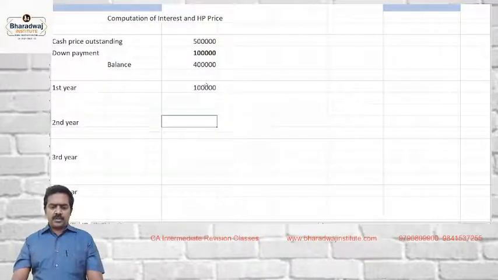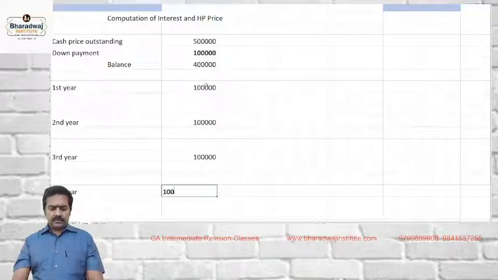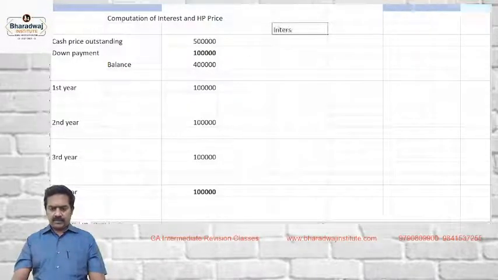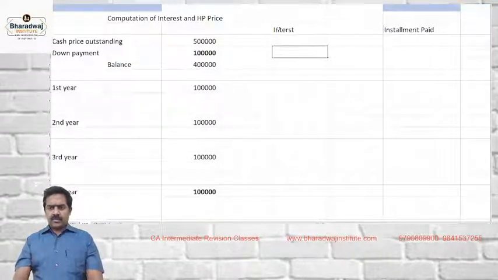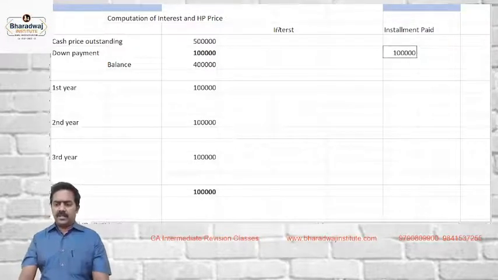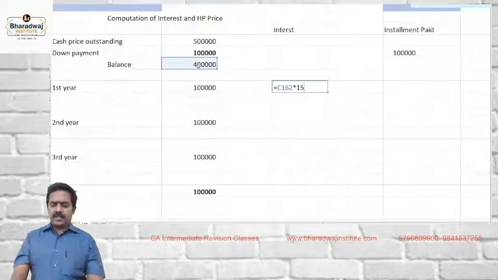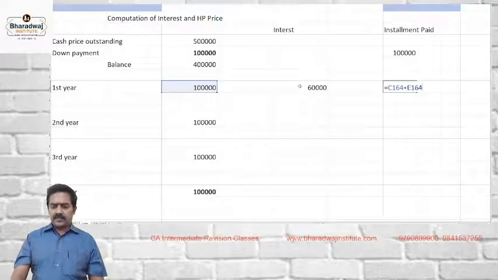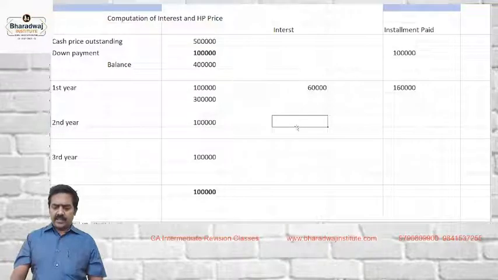So principal, let us assume that it is equal amount, 1 lakh, 1 lakh, 1 lakh, like that we are going to pay, with how much percentage interest? First, the down payment will not contain installment or interest. This 1 lakh will be with 15% interest. So first installment should be 1 lakh plus 60,000, 1 lakh 60,000 you have to pay. Outstanding amount will be 4 lakhs minus 1 lakh, 3 lakhs. Second installment will be